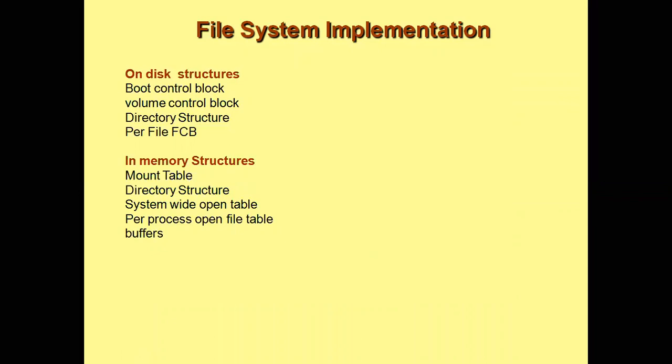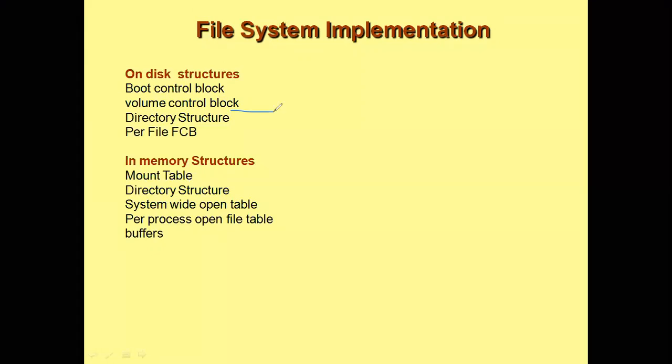The first information present on disk is the boot control block. If you remember, in the first class I told you that the OS that is loaded onto the main memory when you boot the system is always present in the first partition of the disk. In each of the volumes or partitions, there is a space present for the OS. The OS is always kept in the first partition, and that is called the boot control block. It contains information needed by the system to boot an operating system from that particular volume. Coming to the volume control block.